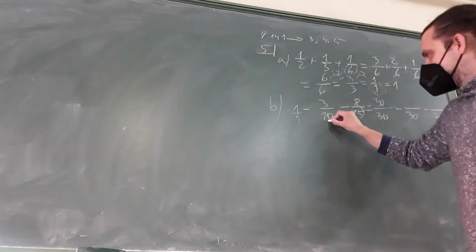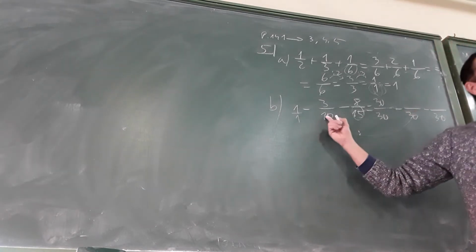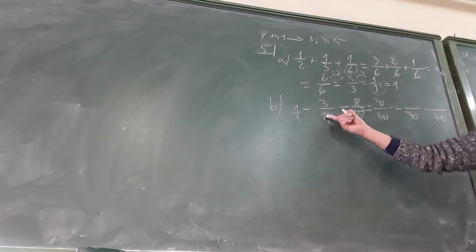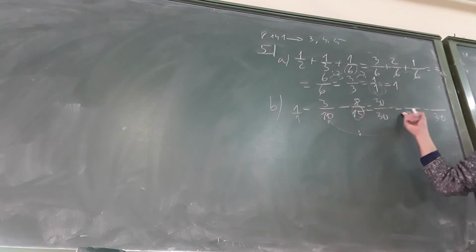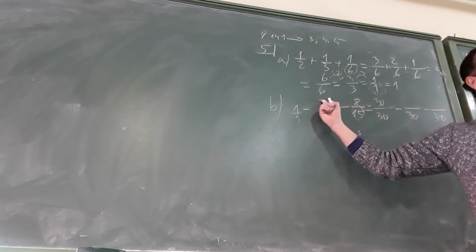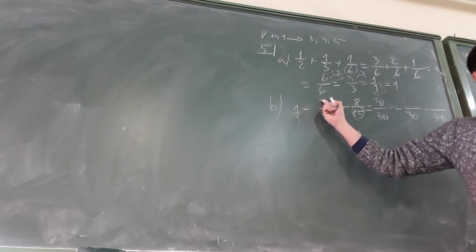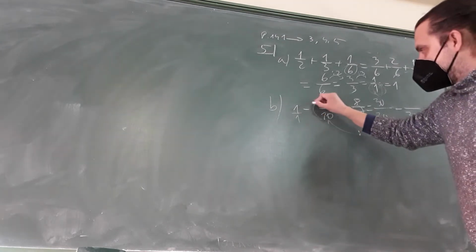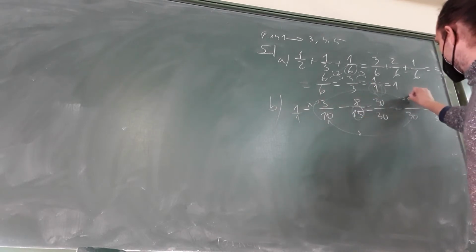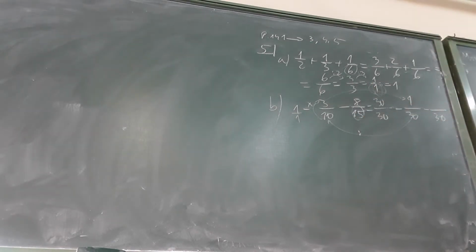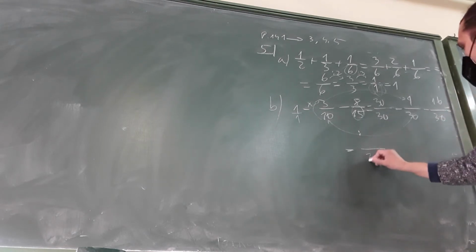Let's do it here, Maria. 30 divided by 10 equals 3 times 3 equals 9. Come on, Maria. 3 times 3 equals 9. Okay, and the number here 16. Yes. And then the denominator is 30, and the result